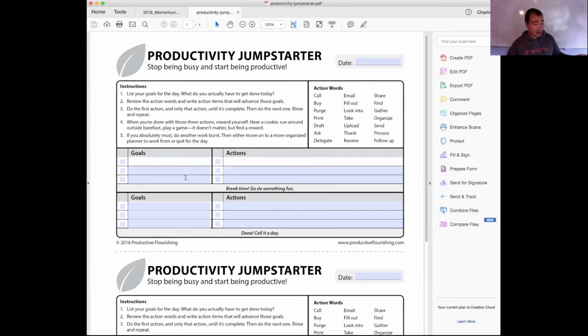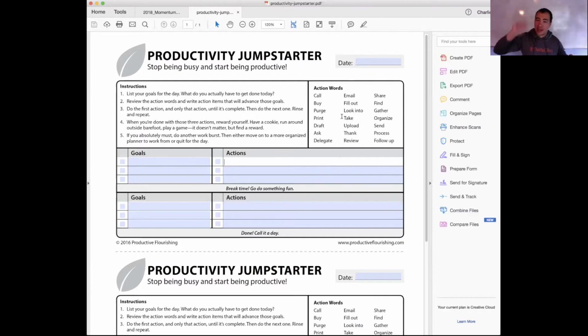So I happen to know that Arden is a property manager. And so she might be like, I need to call, well, I'm using the action word in advance. So it'd probably be like, the tenant in 113 is having a problem. I need to fix it, right? So the action would be to call the plumber, or to fill out the form, or to email them, or something. And so these action words here are just meant to have you think in terms of that next thing that you need to do. So whenever you have a loose idea, and you don't know what to do with it, pro tip here is always find the verb that gets you moving.